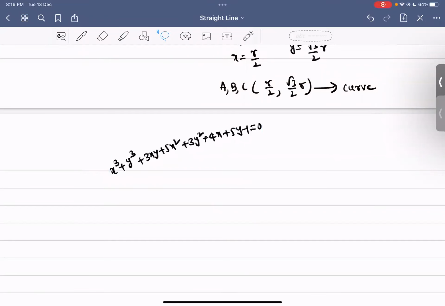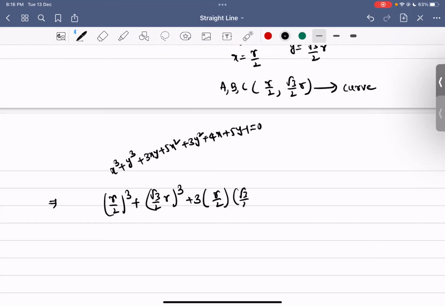So you put x and y values in this curve. Then what you get? This implies if you put on the curve, in place of x, R by 2. Therefore, (R by 2) whole cube plus y is (root 3 by 2 R) whole cube plus 3, x is R by 2, y is root 3 by 2 R, plus 5x square is (R by 2) whole square, 3y square, 3 (root 3 by 2 R) whole square plus 4x, that is 4 into R by 2, plus 5y, 5 into root 3 by 2 into R, minus 1